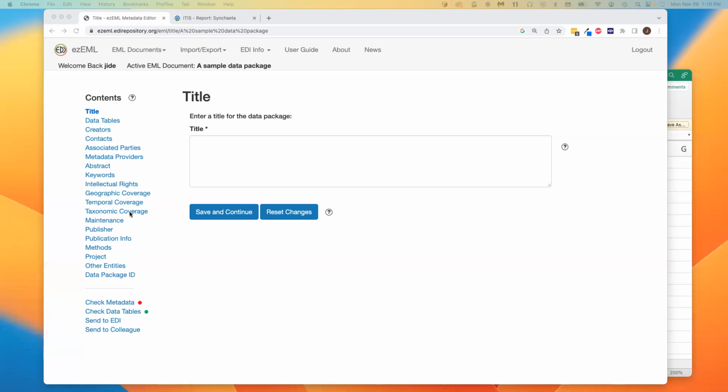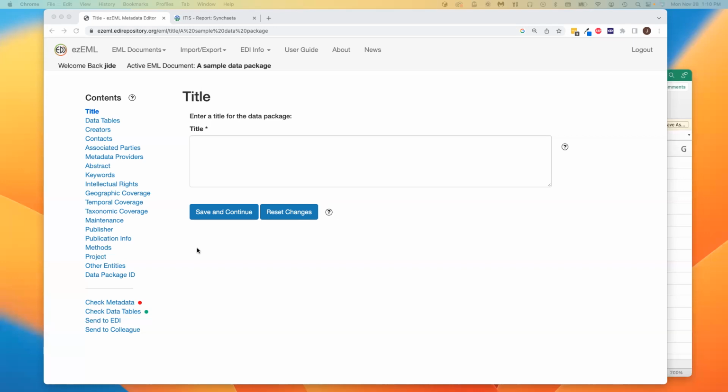Such coverage information makes your data sets more discoverable by other researchers, who can search for data sets based on their geographic, temporal, and or taxonomic coverage, among other things. And in that way, coverage information makes it more likely that your data set will be used and cited by